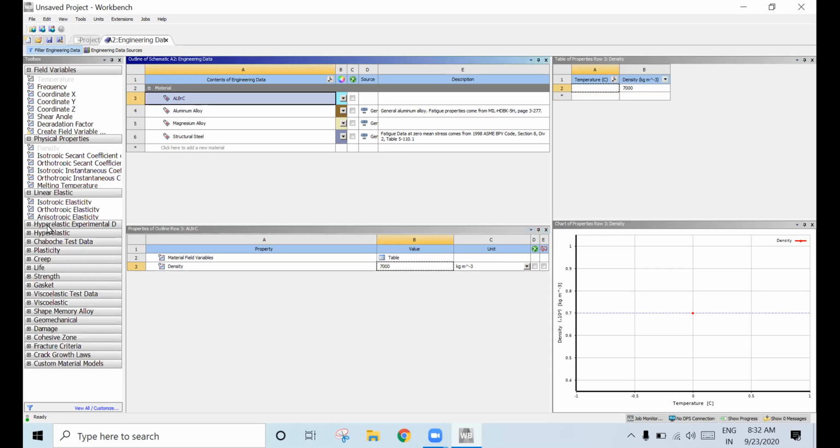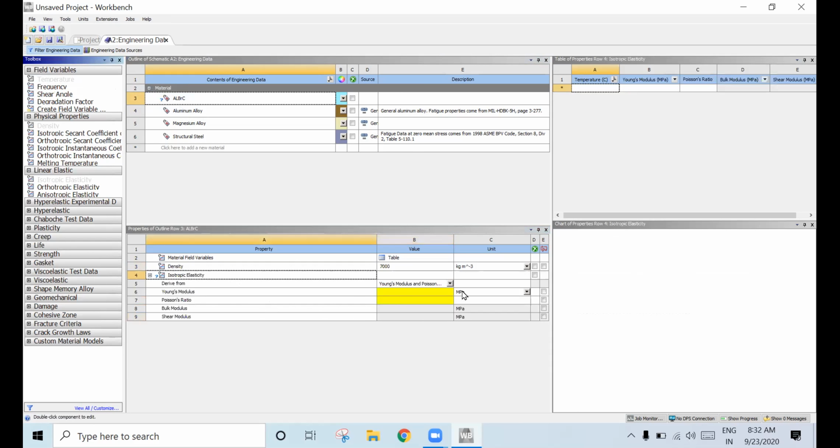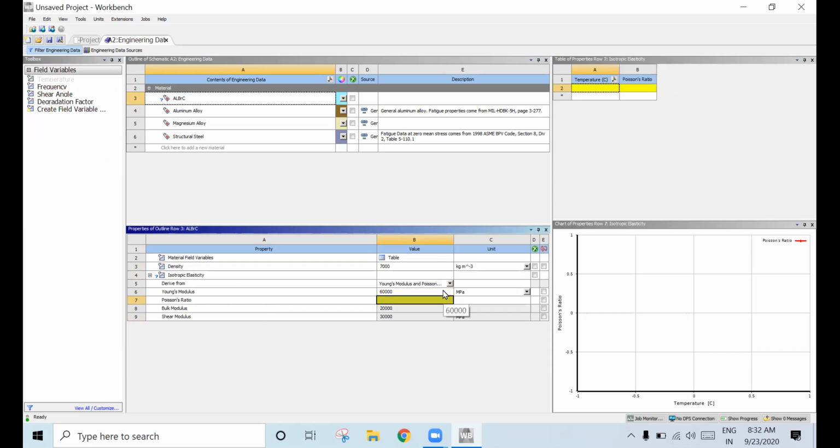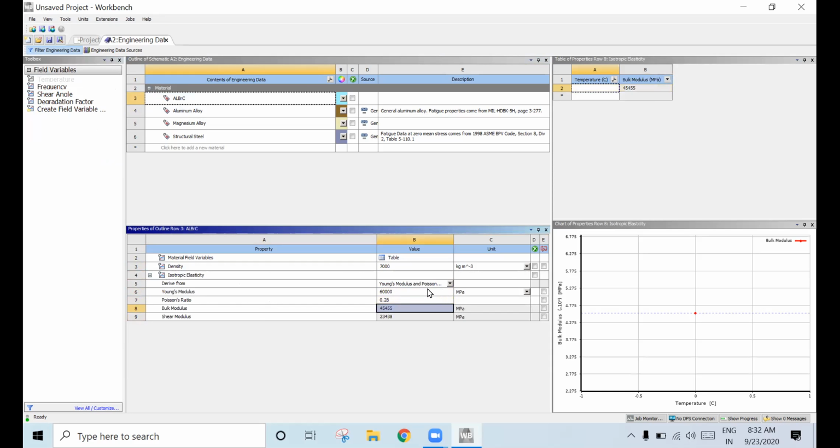See, isotropic elasticity, isotropic material properties. If you want, give 60,000 megapascal, and Poisson's ratio 0.28. This is an example I'm showing you, not exactly the real properties. Okay, see, this is how you can add the material.